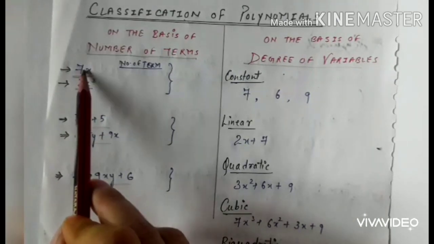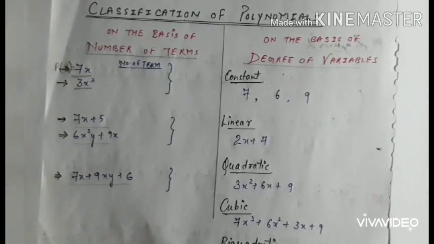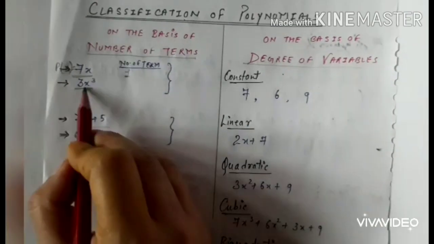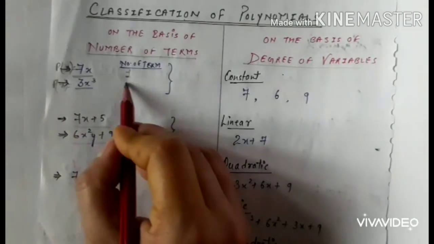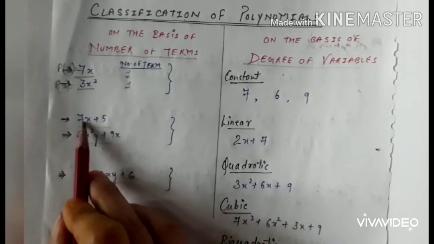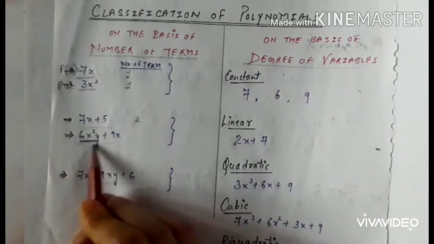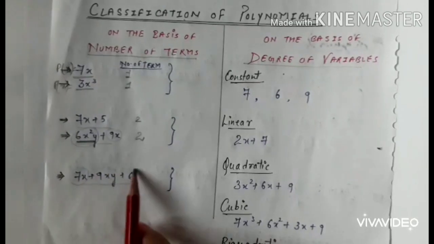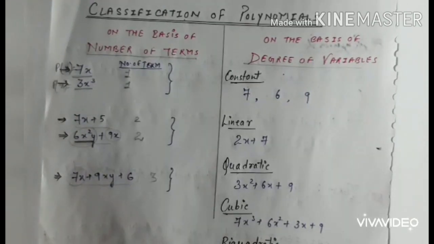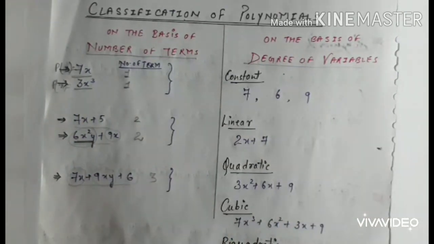So how many terms are here? This is only one term, suppose this is p(x) equal to 3x cube. Number of terms is only 1. Now tell me how many terms are here? Only 1. How many terms here? 1, 2. 2 terms. Here this is your one term, second term. How many terms? 2 terms. Here 1, 2, 3. That means how many terms? 3 terms. So when there is only one term, a polynomial containing only one non-zero term,